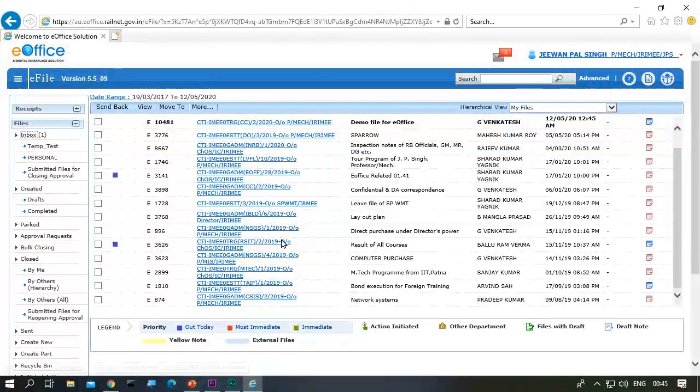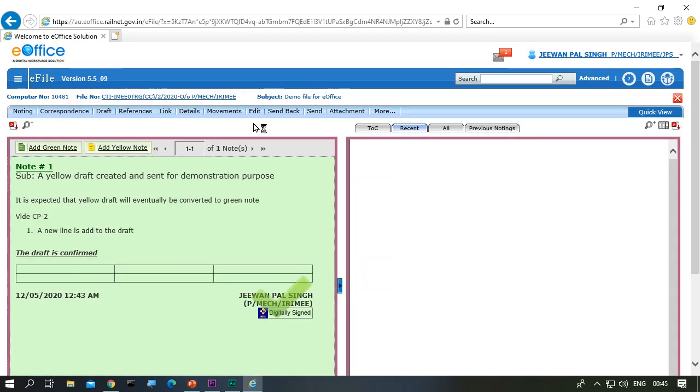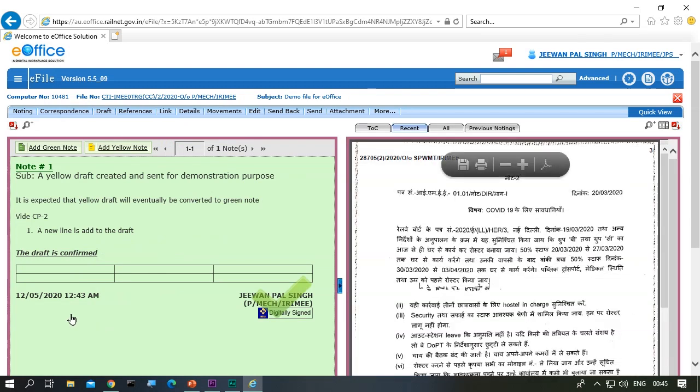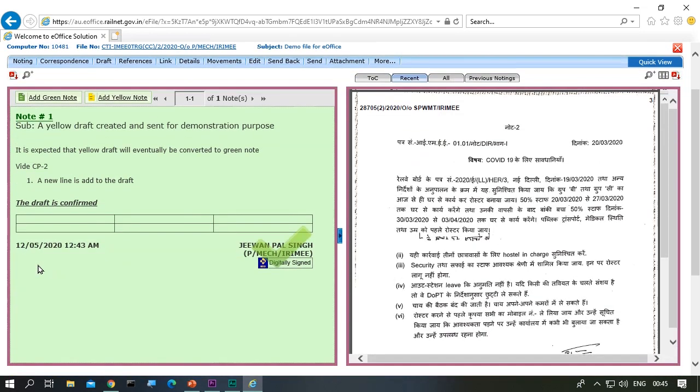Now it is lying in the inbox. So let us open it. This is like any other received file. Now you can see a note number has been appended at the top of it, and at the bottom there is a date and time and digital signature.